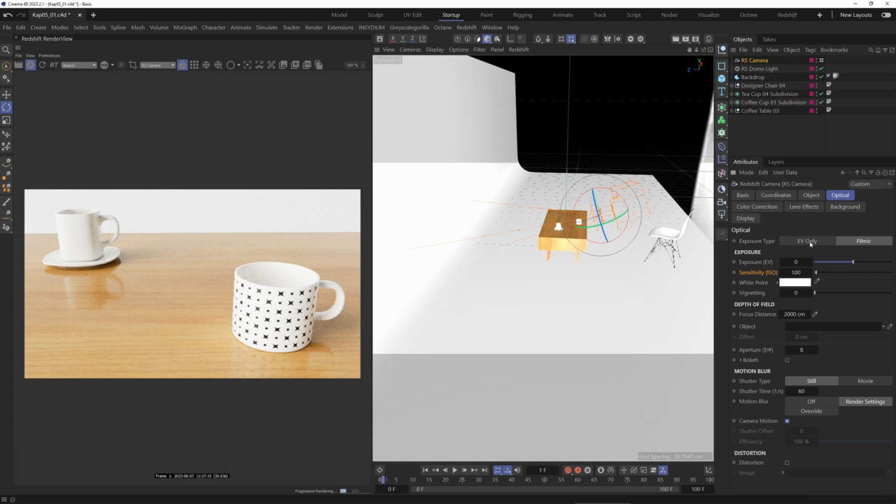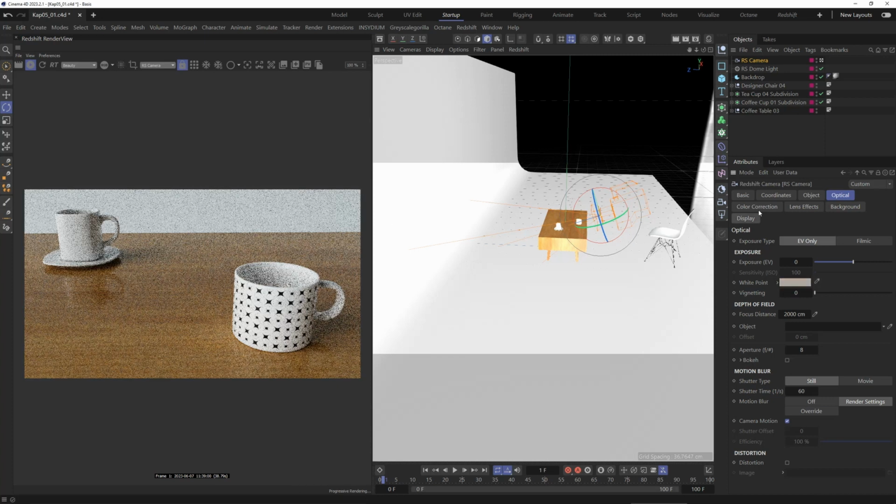Let's return to EV only. Under exposure, there is the white point parameter. With this, you can adjust the white balance. Use the eyedropper, navigate to the rendering and select the desired color. Below that, vignetting allows you to adjust the vignetting. This is very user-friendly. Under depth of field, you can determine the focus point at focus distance,